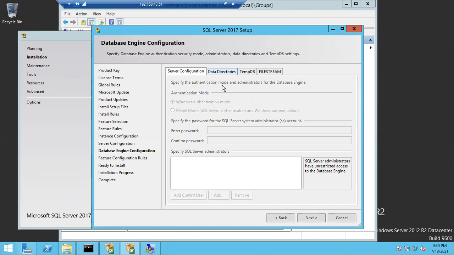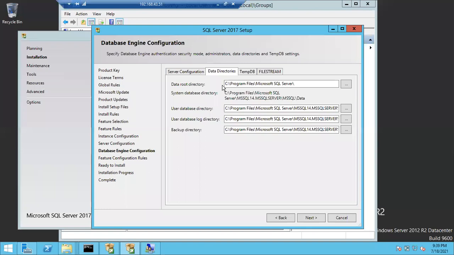Data directories. Here, a lot of directories and folders will be there in the SQL Server. In the SQL Server, we are going to create the databases, right?